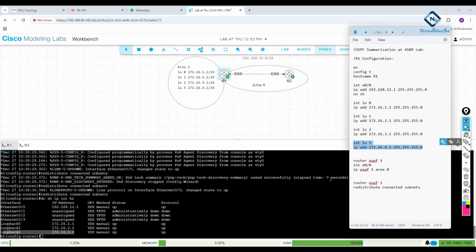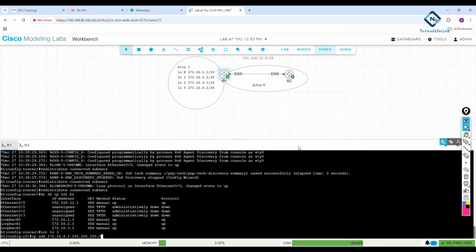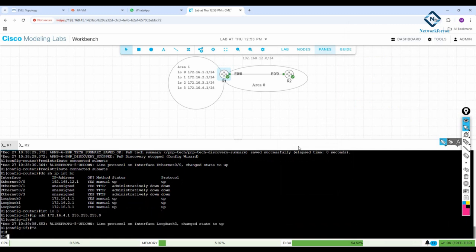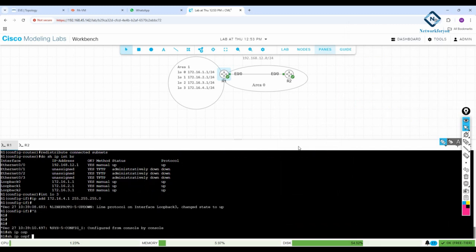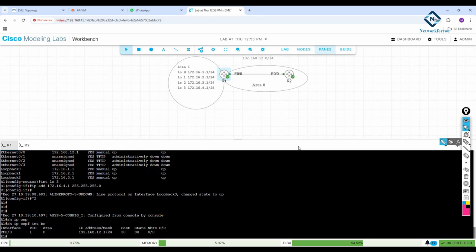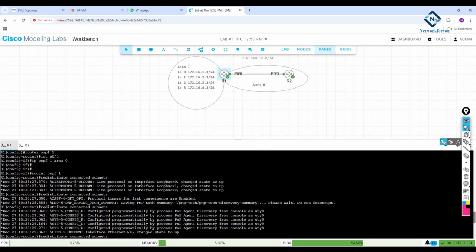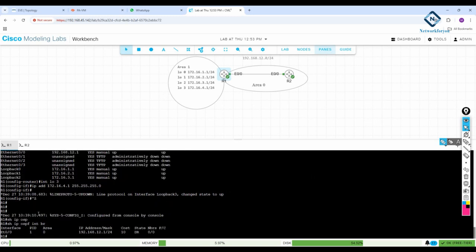I will copy and paste this one also, so we will not have any issue. Okay, I put that one also. And if you want to check, show ip ospf interface brief, on which interface OSPF is enabled. OSPF is enabled only on this interface, we enabled only this interface, and we told it to redistribute whatever is connected. So here if you see redistribute connected, whatever is connected it will redistribute and that will go to this